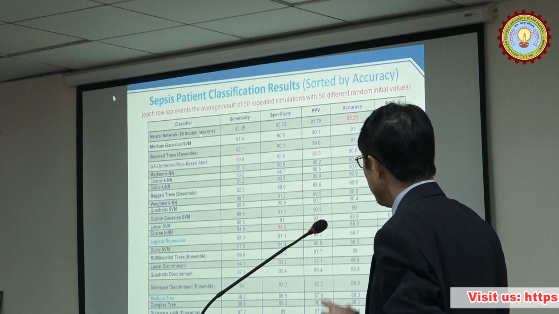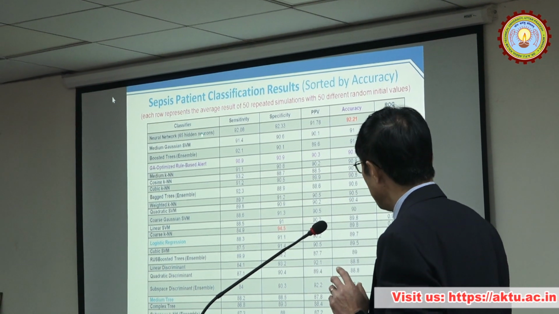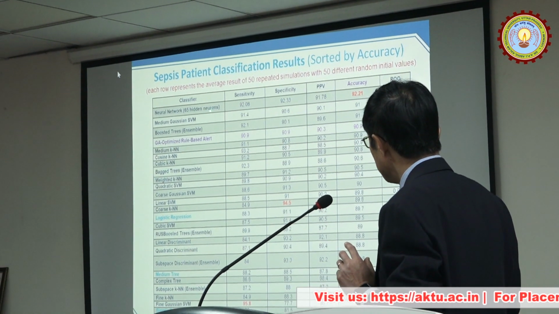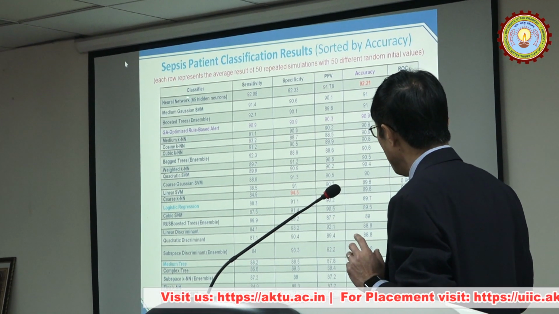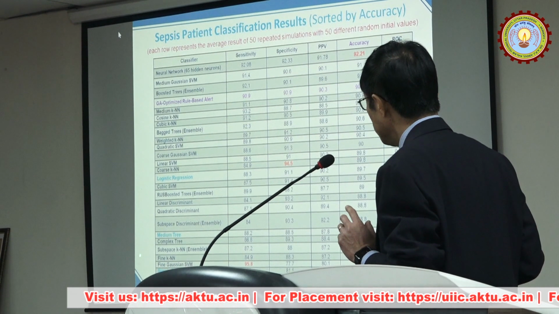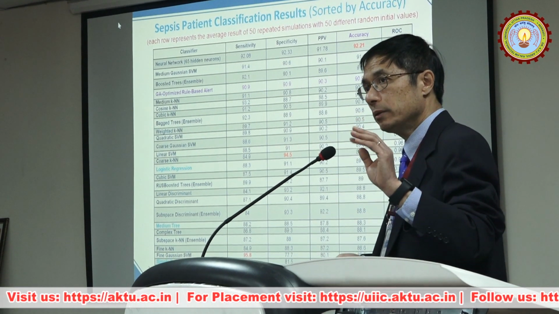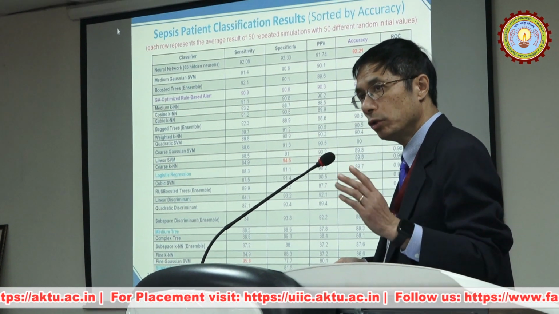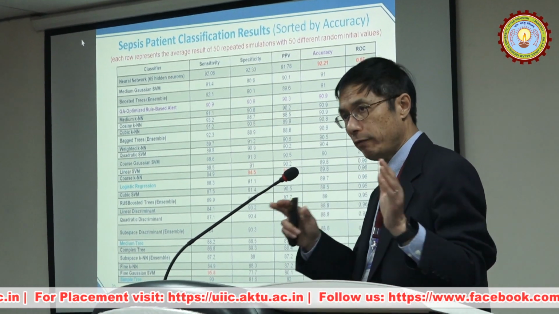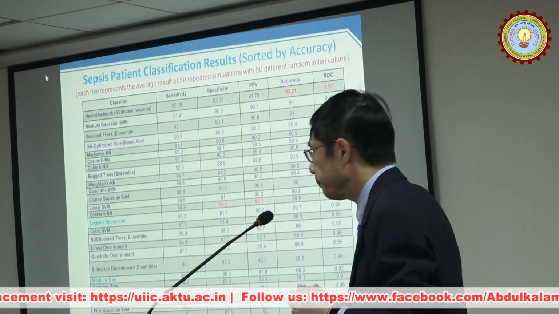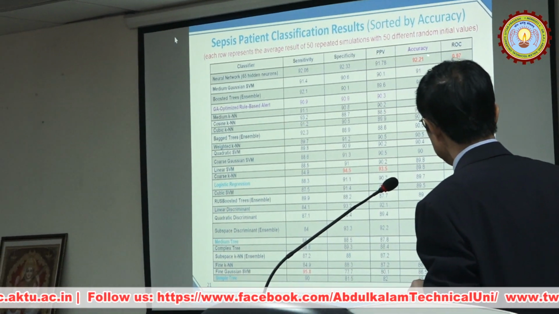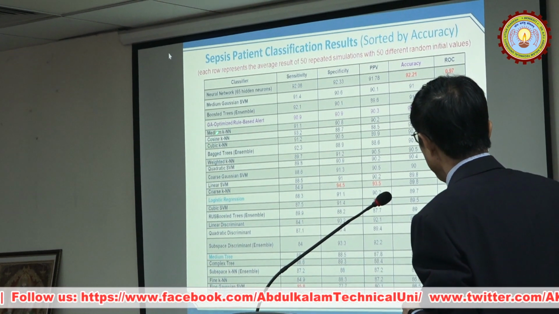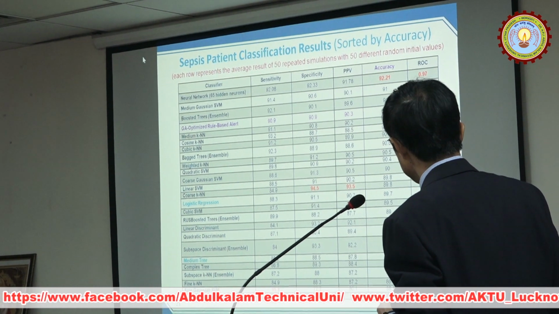The first, the best, is neural nets. Now I should say that all the machine learning algorithms, neural nets and the rest of them, were run 50 times because of 50 different initial conditions. Then we get the average. So these are the averages of 50. The best is neural nets, with an accuracy of 92.21%. Our rule-based system ranked number 4,